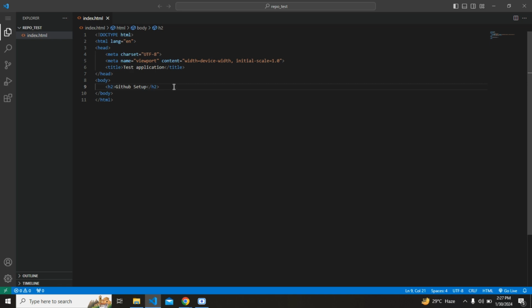So I have this, hey, I'm setting up GitHub. Here we will be setting up GitHub. My GitHub is set. It's set. All right. So let's say this is my application